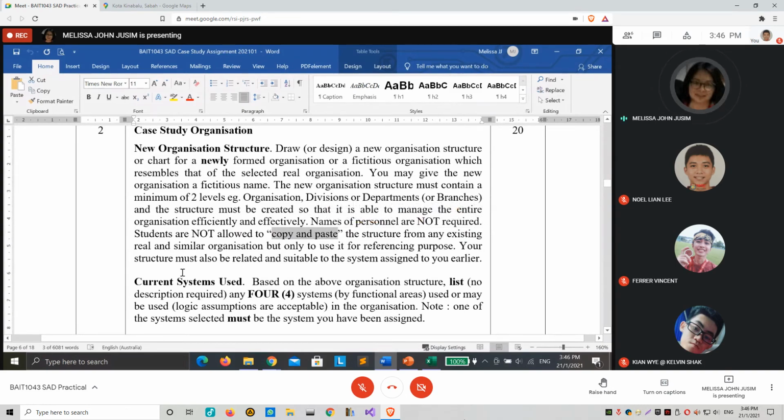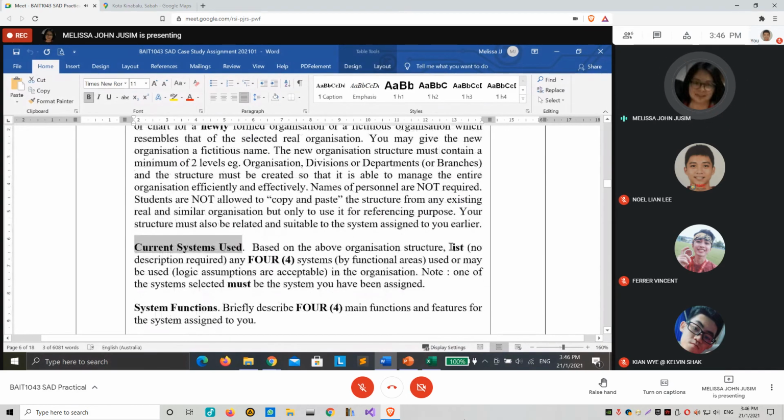And then current system use. In our notes, we have looked at examples of information systems, right? So for that particular bus company, you just list any 4 information systems by functional areas.